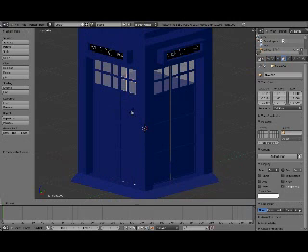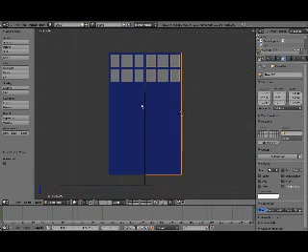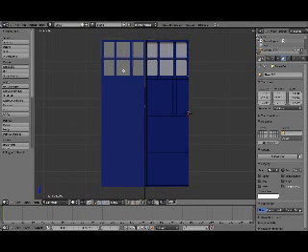Now, if we just bring the rest of the TARDIS back, Alt-H, so we can see it properly. I'd just like to mention that we hid the TARDIS just so we could do things like that more easily, so we can see our doors more easily. So now if we just hide it again with H and go back into our door,